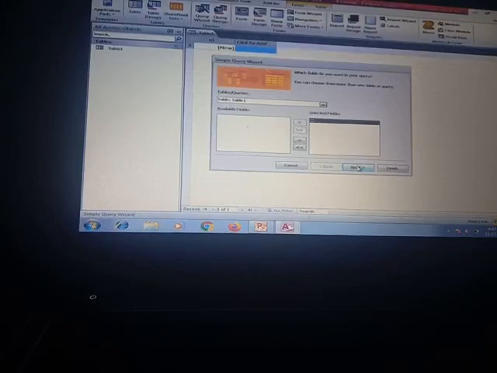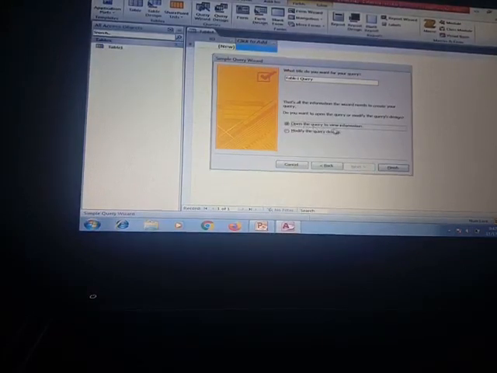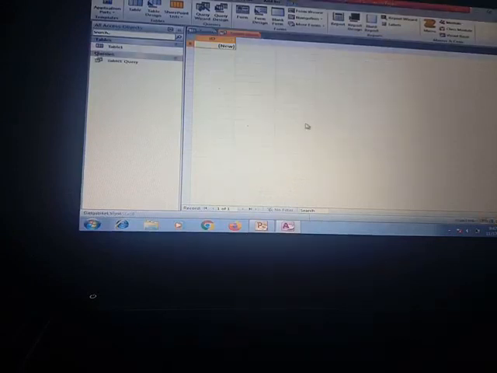We have to click on next. After that it will ask to open the query to view information. Finish. After clicking on finish, here we can see queries, table 1 query. A new tab is there, table 1 query. Just because there is only one field, it is showing like this.